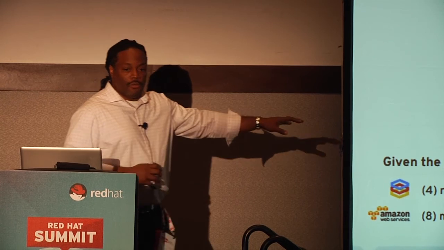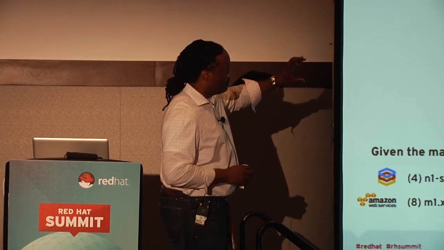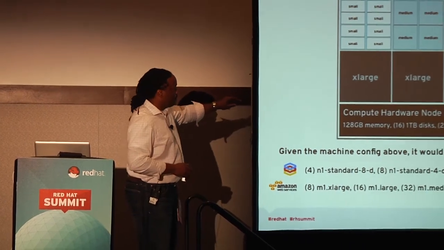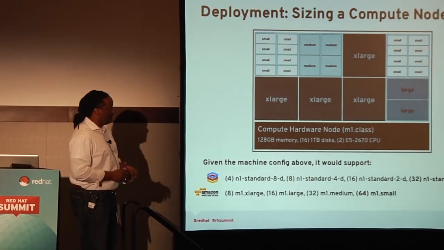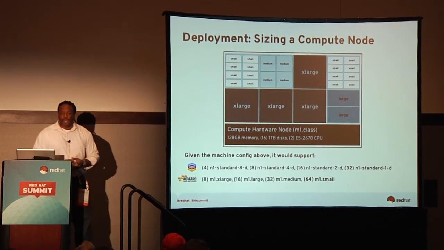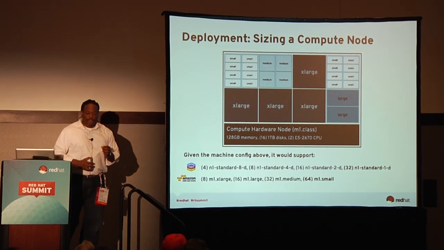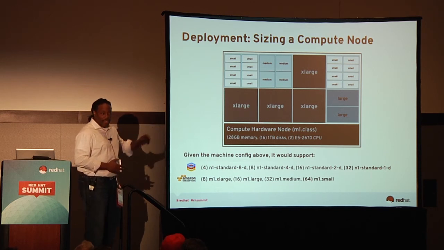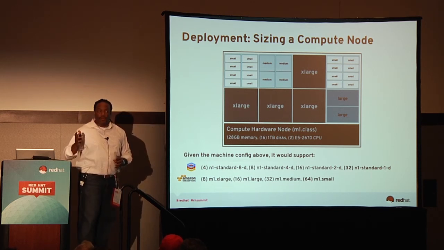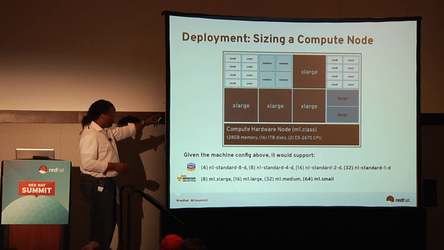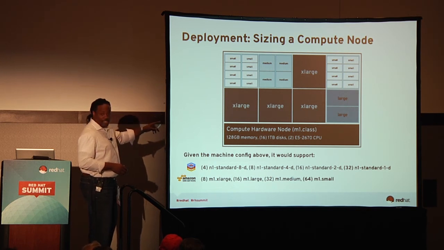This is a compute node, conceptually, with very efficient bin packing of the virtual machines. If you look at the extra large machines, that's basically half of the machine. If you go look at the Amazon definitions of a class, they'll tell you that an extra large virtual machine has a much higher I/O performance envelope than the small ones. If you look at the machine, we've got 4 extra large virtual machines